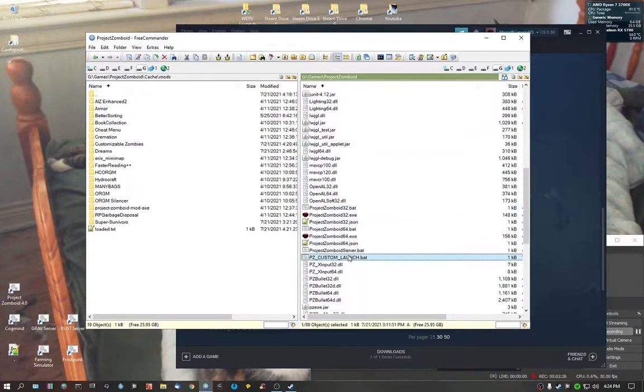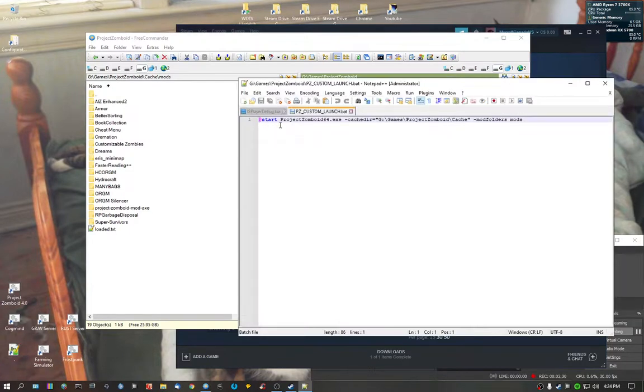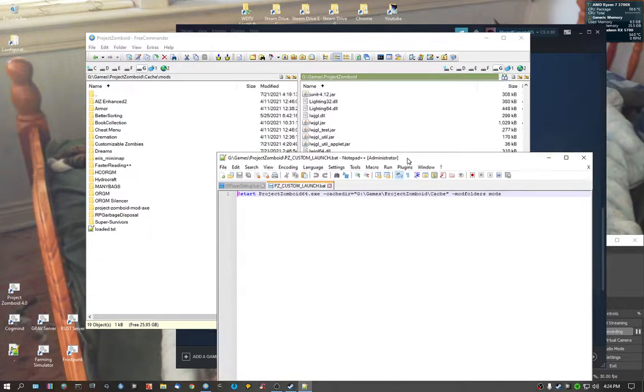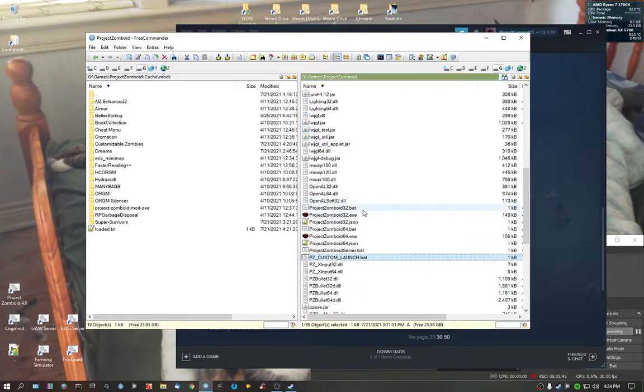Now, here's my custom launcher, my launch batch file. If I go into it, that's what I have. Cache directory, exactly where I want the cache directory. It puts all your saves and everything else in the game directory, minus the mod folders. And so if I start this up,